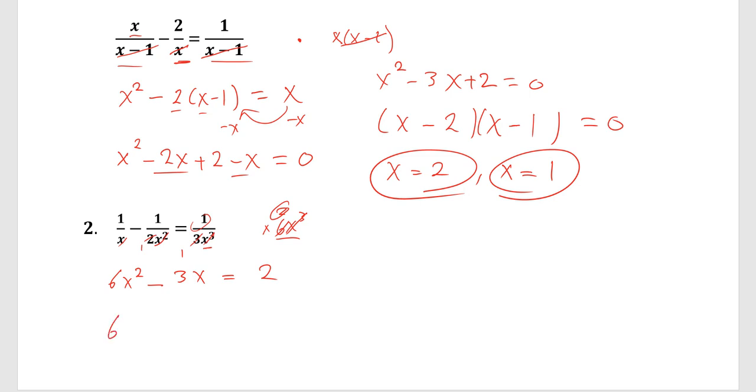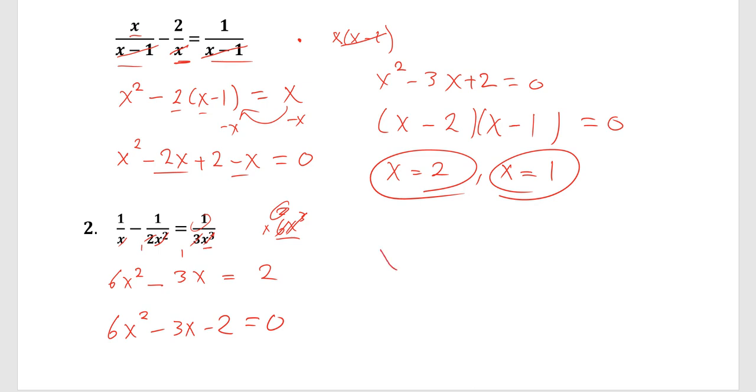Bringing it to the left-hand side, we have 6x squared minus 3x minus 2 equals 0. Okay, and so this is a little challenging to factor. So I'm just going to use the quadratic formula. Okay, and again, you should know the quadratic formula. Okay, and by plugging in,